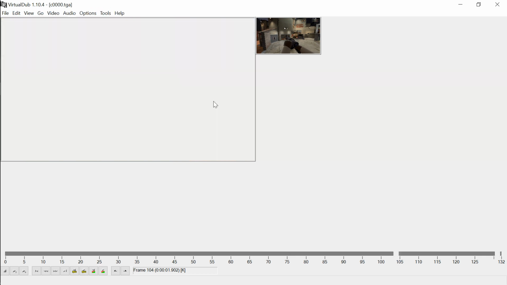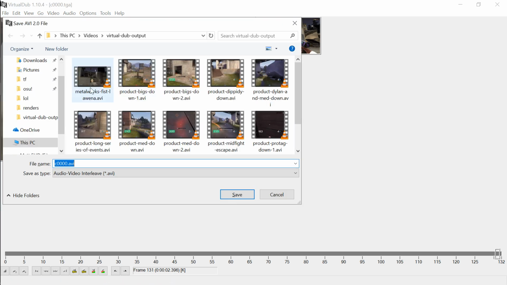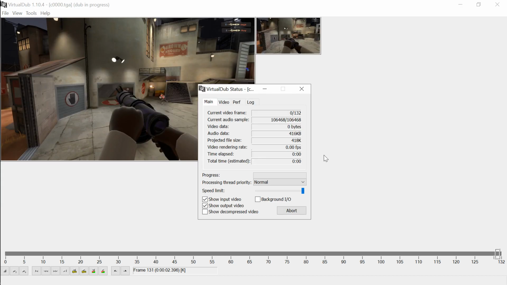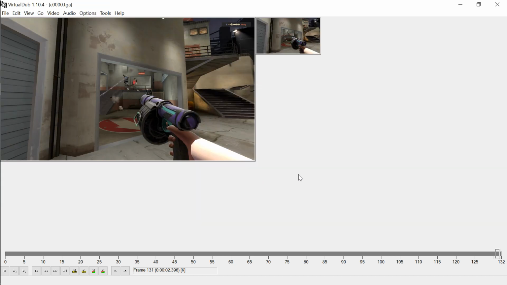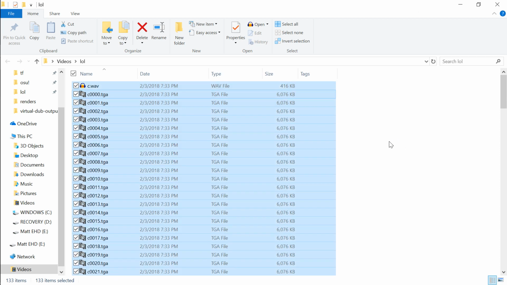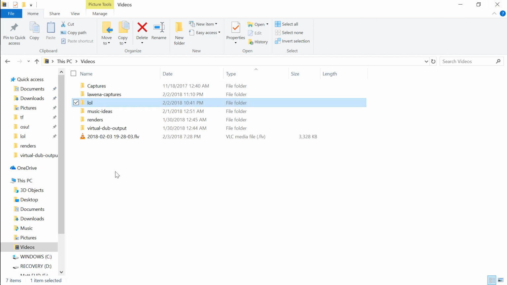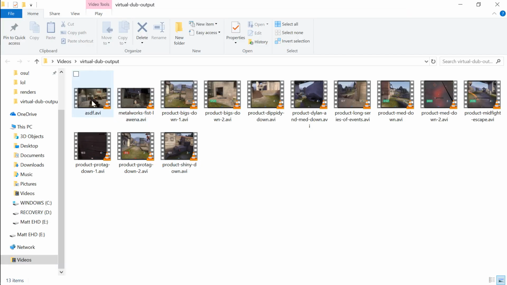And my audio file is empty because I set it to volume 0, but you would be able to hear the sound here. So we're just going to export as an AVI. I'm going to save that. It'll process it as an AVI, and we're actually done with audio or VirtualDub now. So I'm just going to clear all this stuff. At this point, you'll have your AVI file outputted,